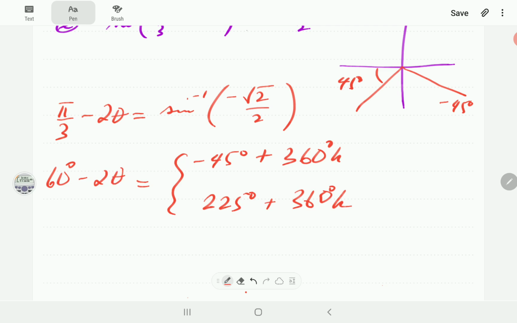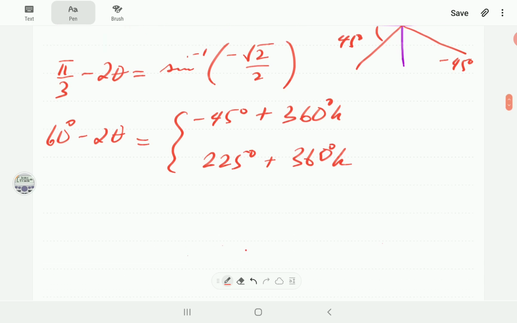And then we need to make theta the subject of the formula here. So we can take this to this side and take those to that side. So we're going to have 2 theta is equal to